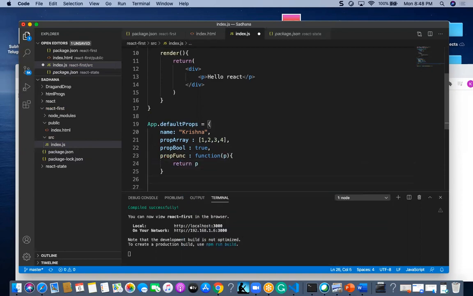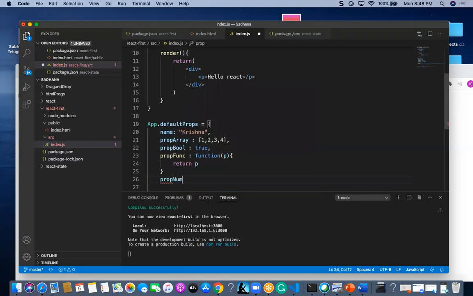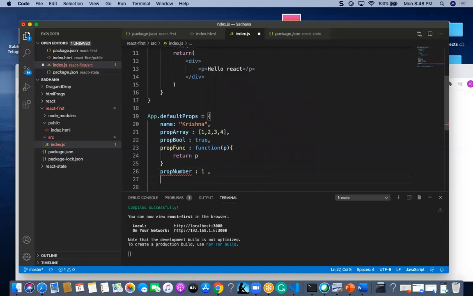I am also going to use a prop number, and I have to give a comma every time, and a prop string. These are all user defined. This prop function is user defined, and this prop bool is too, and the name also, everything is user defined.